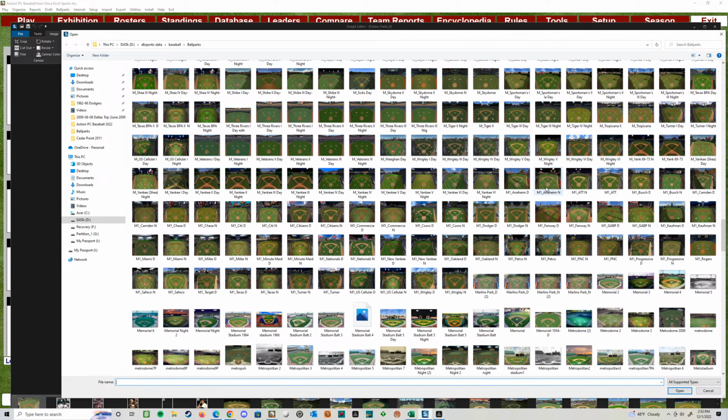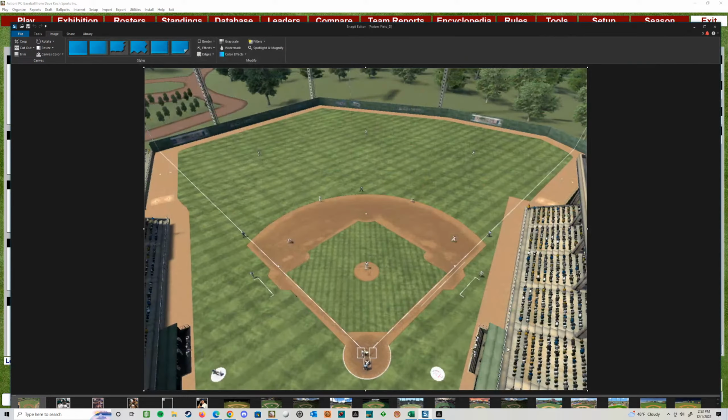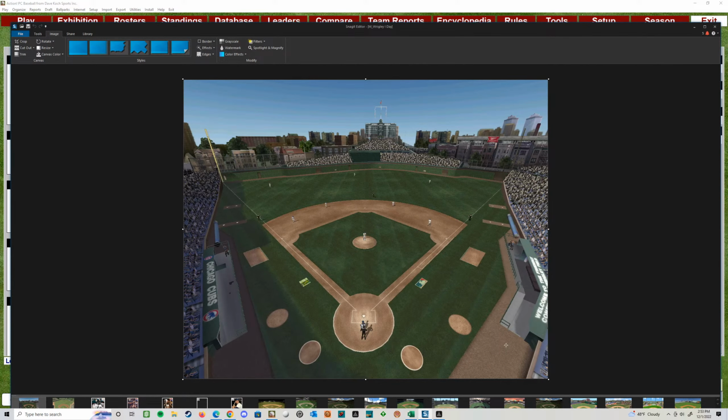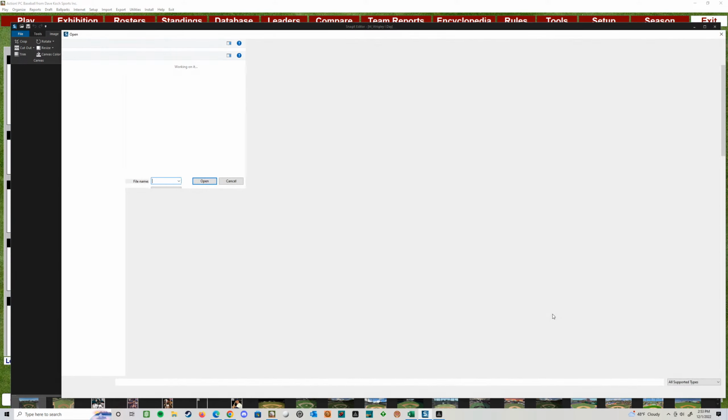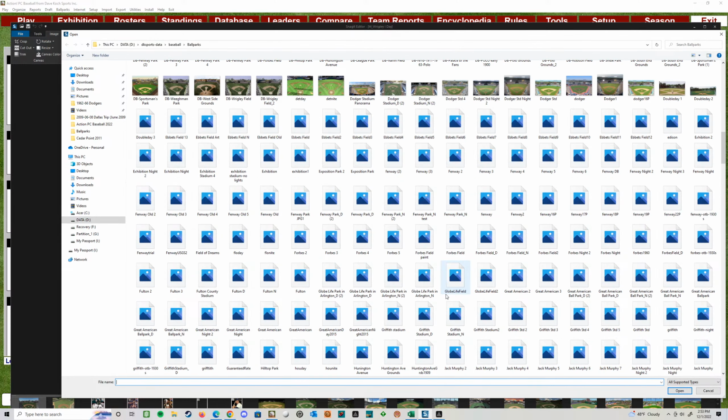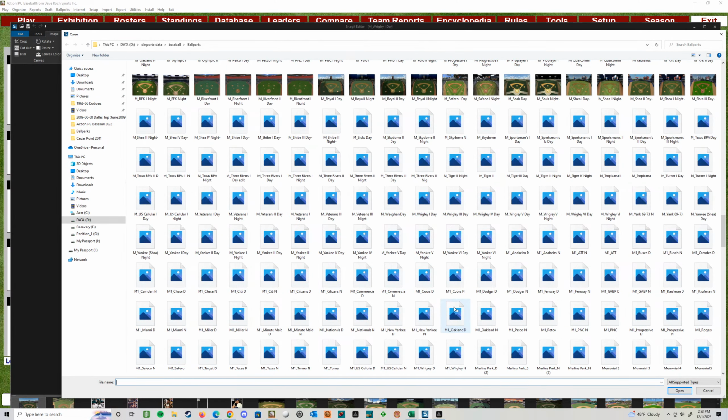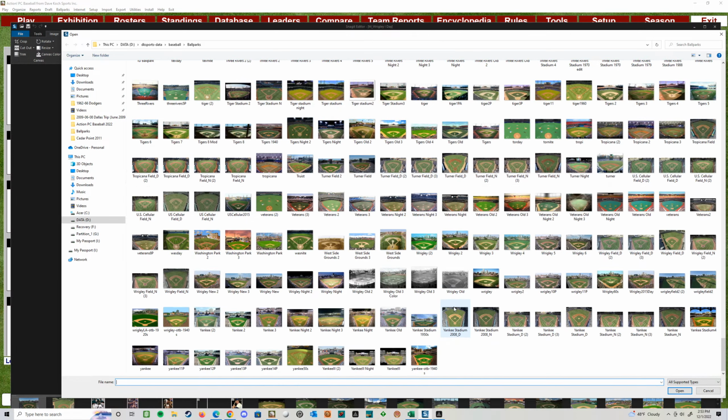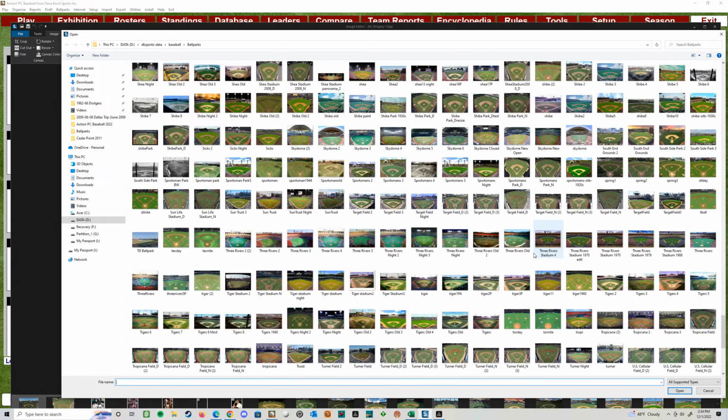I'm trying to think, they're kind of in their own style. So like here's one for Wrigley Field Day, right? And that came out of some game. Can't remember which one. The other one, so I went to Polo Grounds here, and I've got other ones that have DB in front of them that's to designate dead ball. I got those from somewhere too. So I found a couple that I wanted to use for Polo Grounds, and then I could go into the game and assign them to the teams and then get the layouts right.